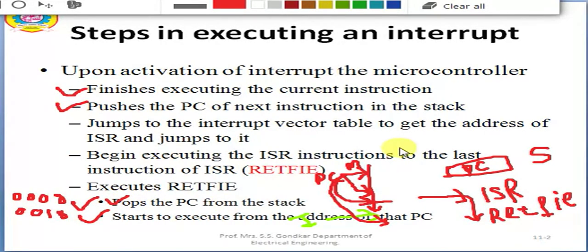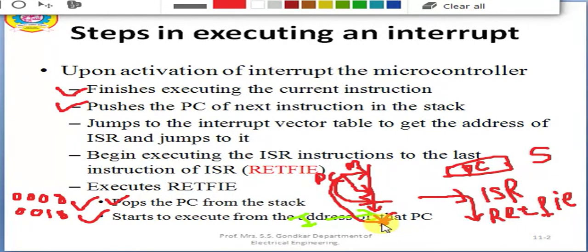Whereas while putting contents onto the stack, we pushed it. While writing onto the stack, use the instruction push. Taking out the contents from the stack, use the instruction pop. After popping the contents of the program counter from the stack, we will get the memory location where we left off. So we will come back to this location after the return instruction.